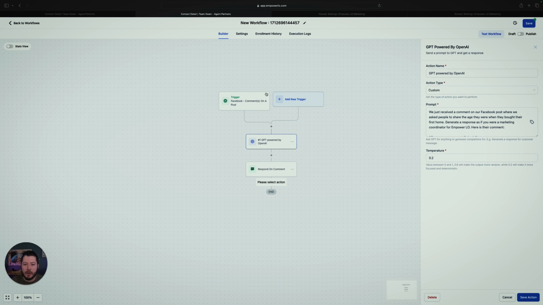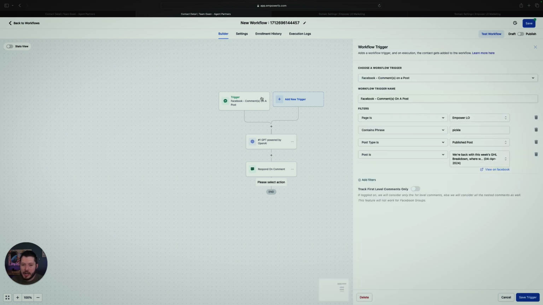This is nuts. So the example that I set up here, if you have your Facebook account integrated inside of integrations, then you'll be able to pick your page in a drop down here. So I was able to come down and say, pages Empower Low, contains phrase. Let's say I wanted to create a post asking people to post the year that you bought your first house. Or, you know what, let's try this differently. Let's say